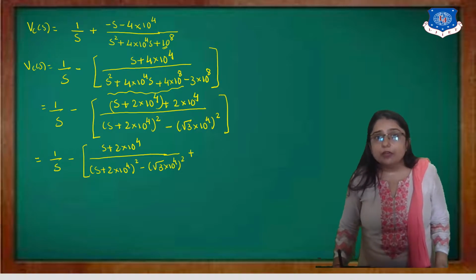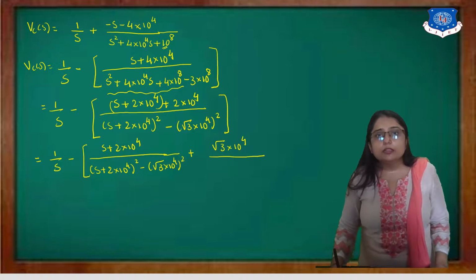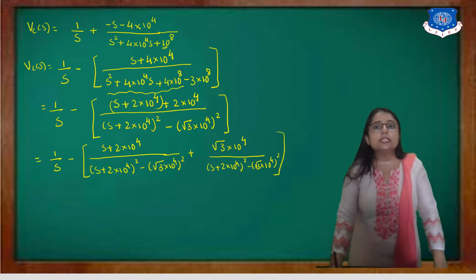But if I have root 3 into 10 raised to power 4 divided by (s plus 2 into 10 raised to power 4) whole square minus (root 3 into 10 raised to power 4) square,